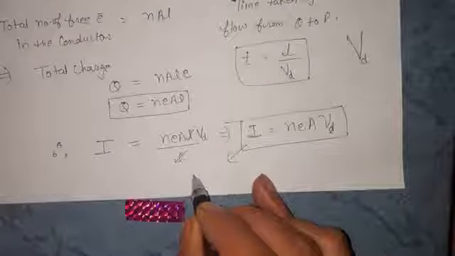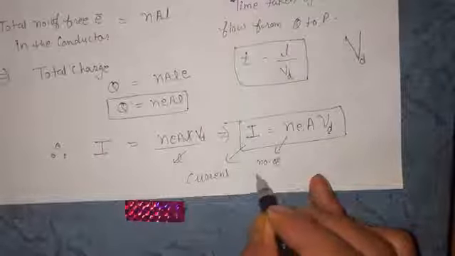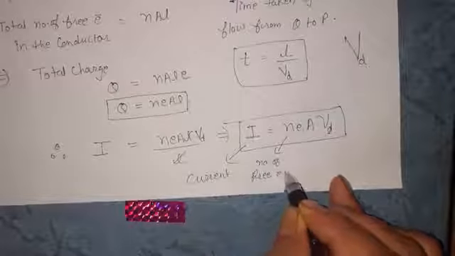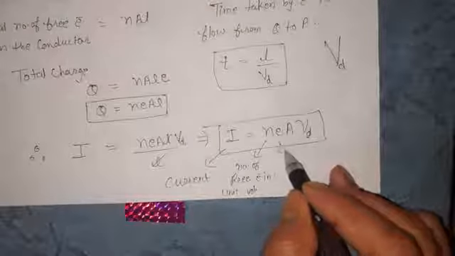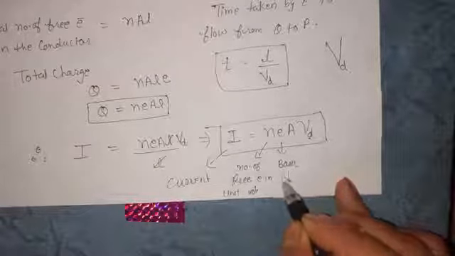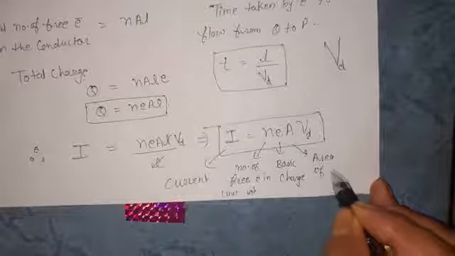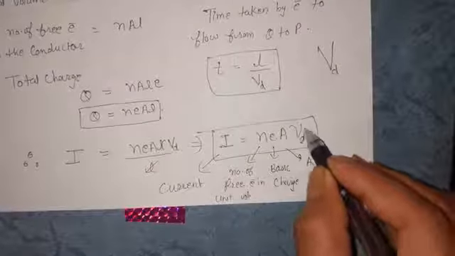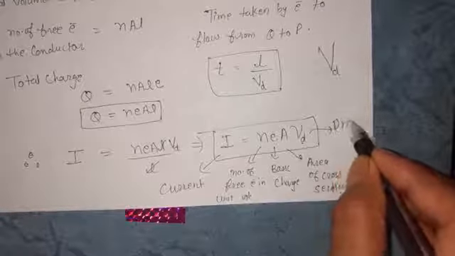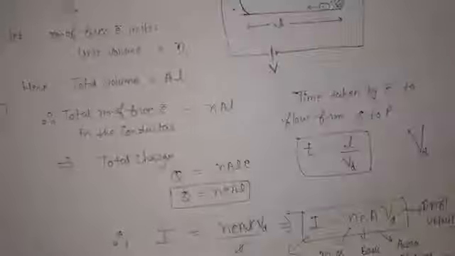तो इसमें क्या है, I का मतलब हो गया करंट. ठीक है. N का मतलब क्या हो गया, that number of free electrons in unit volume. ठीक है, सारे के सारे इलेक्ट्रॉन नहीं लेने आपने, ओनली जो फ्री इलेक्ट्रॉन है उनकी डेंसिटी की बात हो रही है. E is what? That it is the basic charge on electron. And A is what? That it is area of cross section of this conductor. And VD is what? So this is drift velocity. Okay, so thus we come to know over here about this relationship which is between that current and drift velocity.